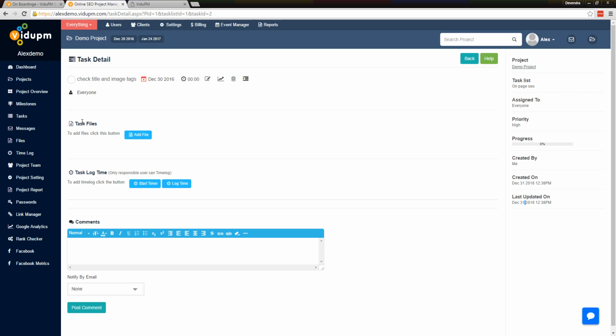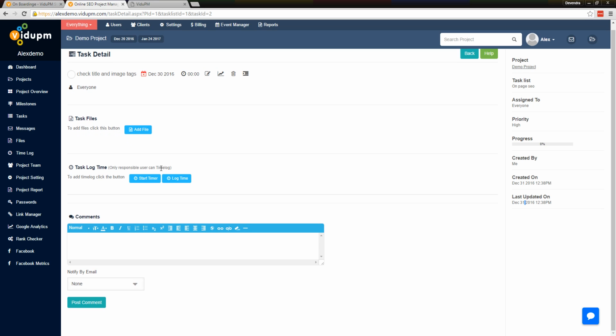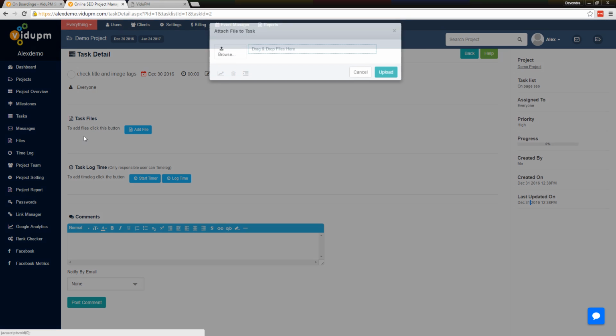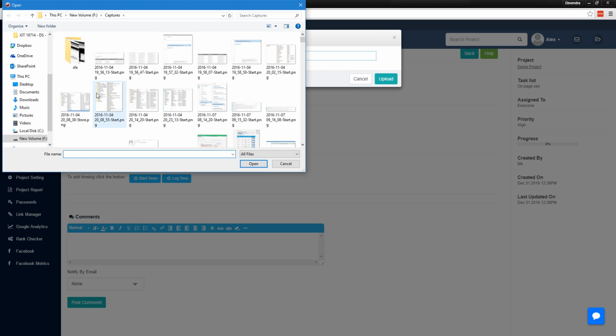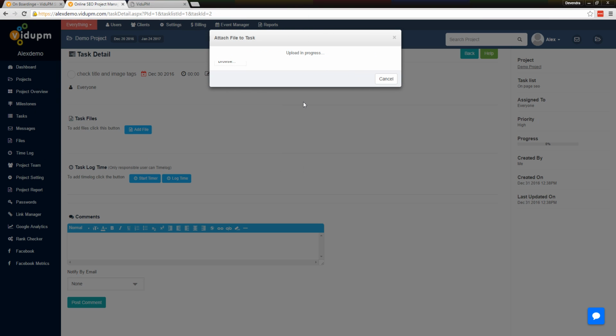Also, all the task files will be shown here, and you can also add time log. So let me quickly add a task file here. You can also drag and drop, or you can just click here. Let me quickly add something dummy. Alright,